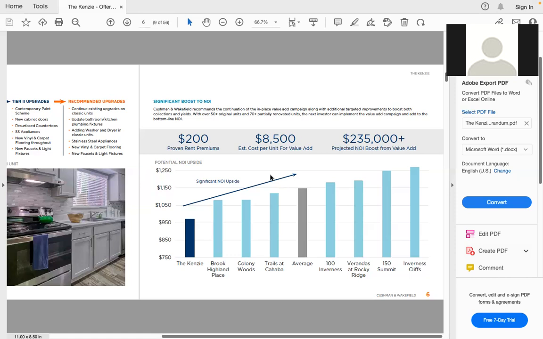But when you sit down with your management company and they're trying to implement your business plan, they'll tell you up front if you could get 10% and if you could get this rent, because they're the ones that are actually going to have to fulfill your business plan. Most of them are good ones.